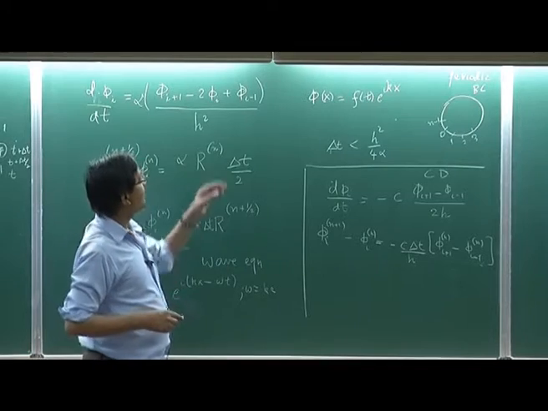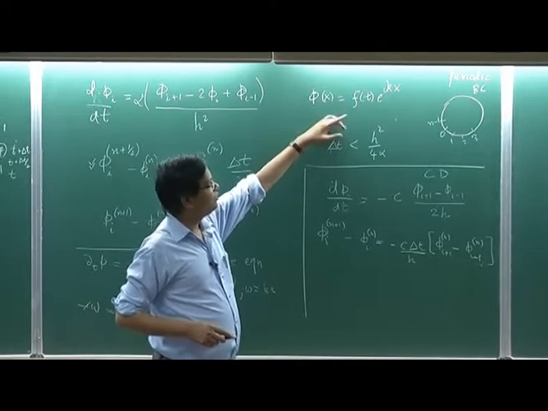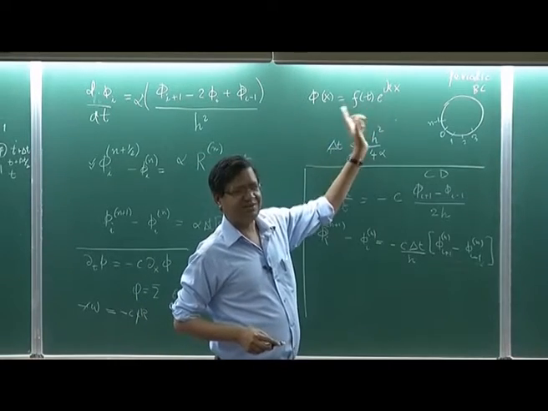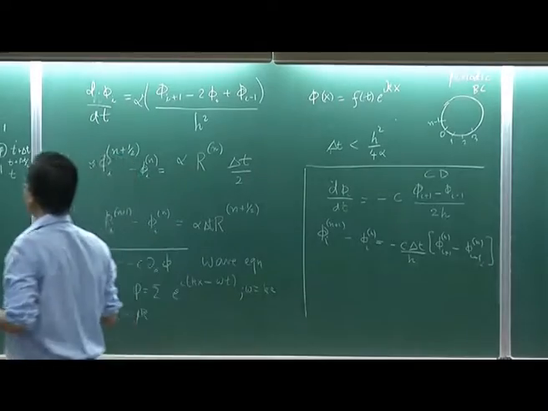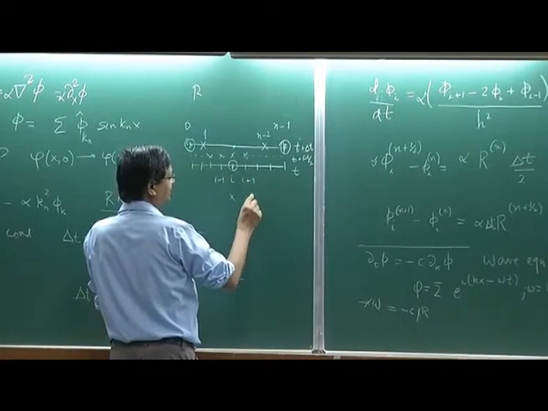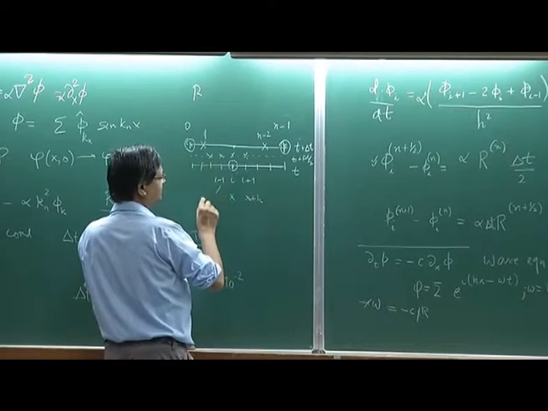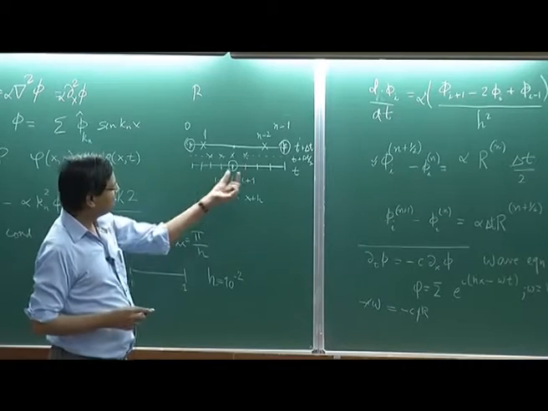Okay. So, now let us plug in this formula. So, e to the power i k x tends to cancel. Now please recall that this point is in terms of x, this is x plus h, and this is x minus h, okay, because the difference is h,